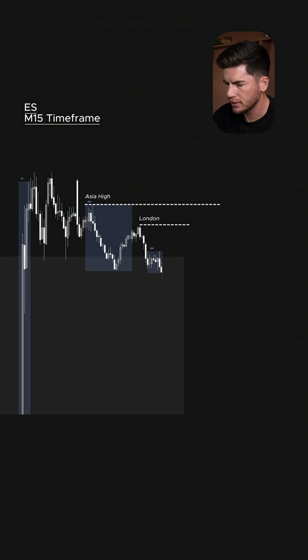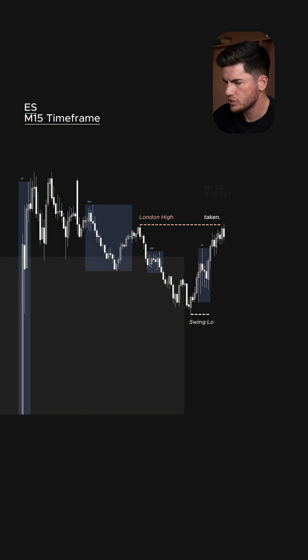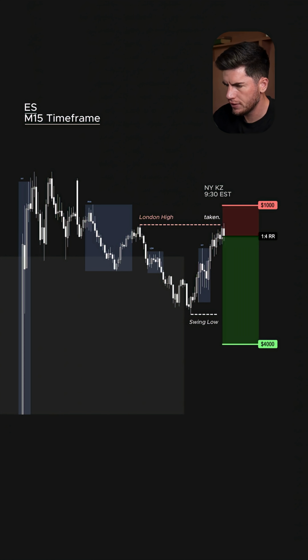For entry, we want to use the 15-minute time frame and the New York session for timing. Once Asia and London sessions have played out, we're waiting for New York to open and trade into the highest levels of either the London or the Asia session. When one of these levels is reached during New York trading hours, which is typically between 9:30 and 12:30 Eastern Standard Time, giving us a retrace candle on the 15-minute, we then want to target opposing side liquidity inside this